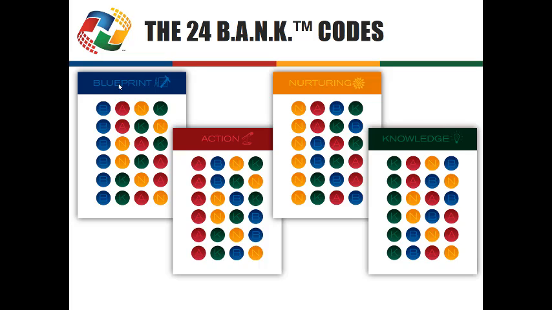That's the card clear over on the left hand corner that says blueprint, just reading the top two lines. So there's actually 24 bank codes, and to really understand the other individual, you have to be able to understand all four of their cards. And we have training in that. It's called speed coding,